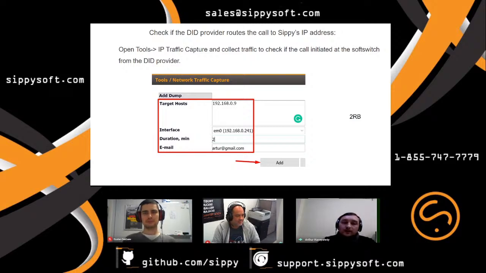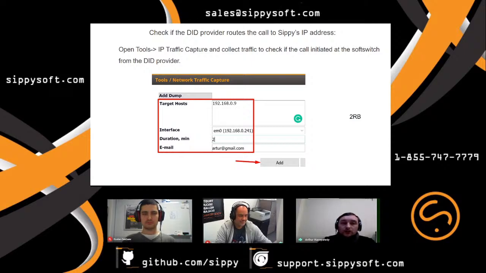Also, you have to specify the interface for your environment IP and the duration of the traffic dump. Usually, there is no need to specify more than 2 minutes. After 2 minutes, the system will stop collecting the data. And also, of course, you should specify the email address to which the system will send you the collected traffic dump.